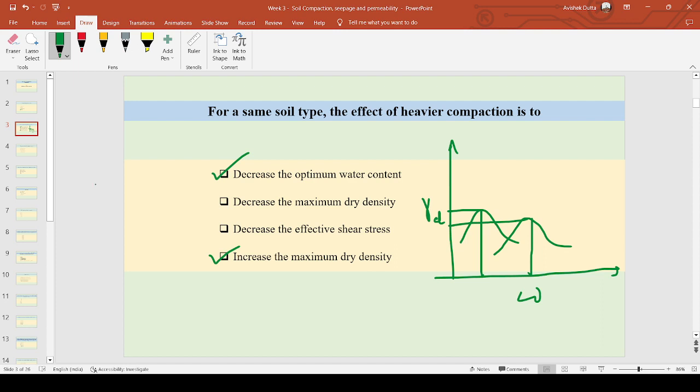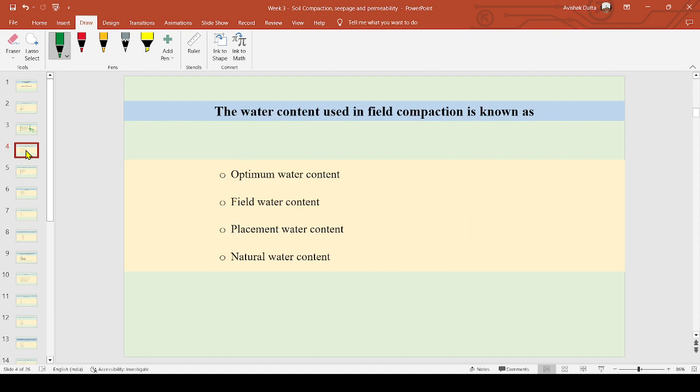Next question. The water content used in field compaction is known as? Any answer? Water content used in field compaction. Yes, C. Placement water content. When compaction is done in the field, the moisture content which is used to execute compaction in the field is called the placement